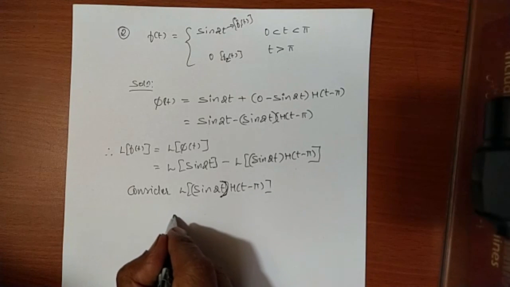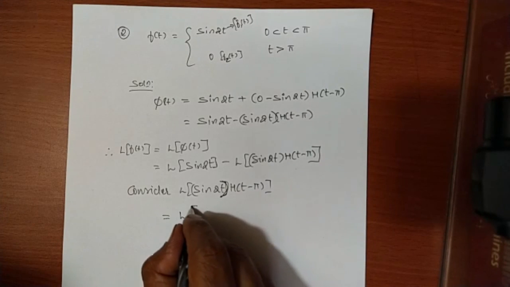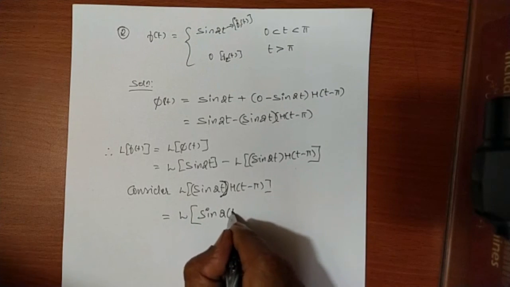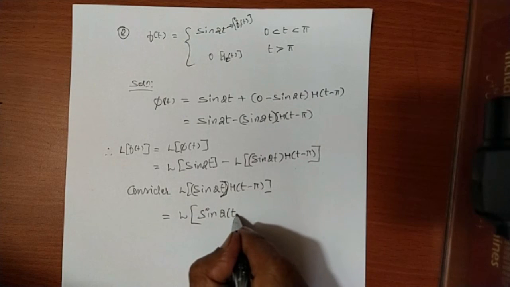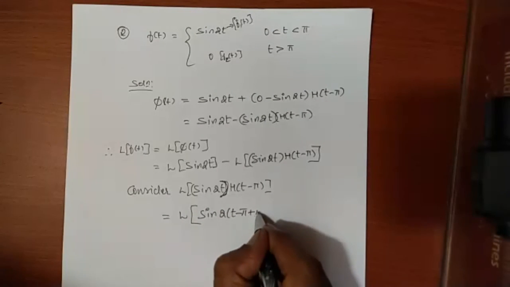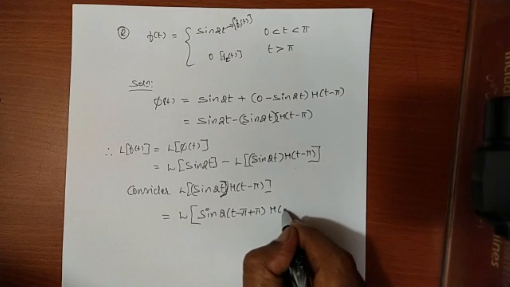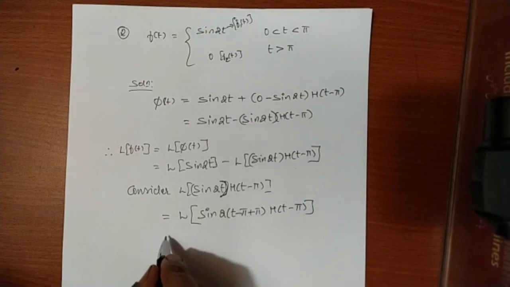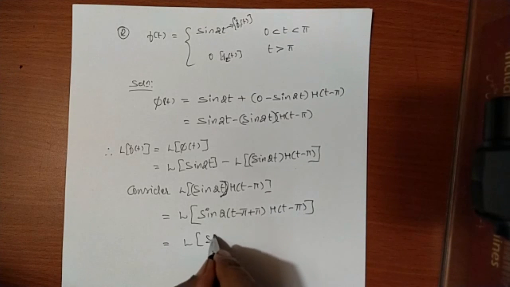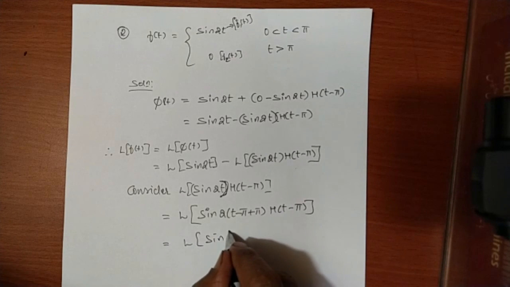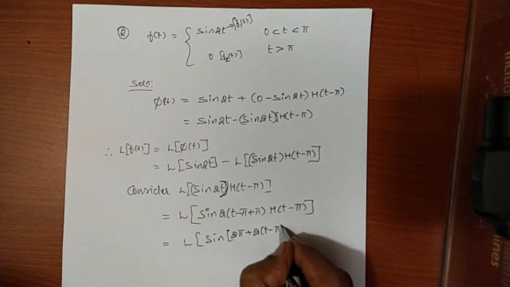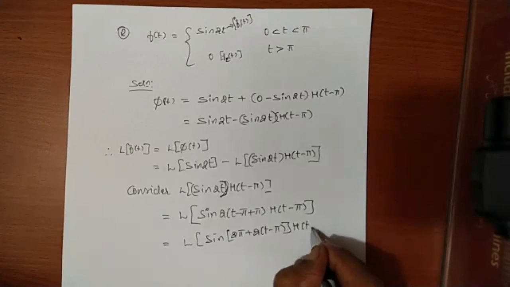So what should I do? This will be equal to L of sine twice, correct, because I have to make this a function of t minus pi. So t minus pi plus pi into h of t minus pi. I have solved this before, that's why I'm going a bit faster. So this I can write as L of sine, 2 pi plus twice t minus pi, into h of t minus pi,